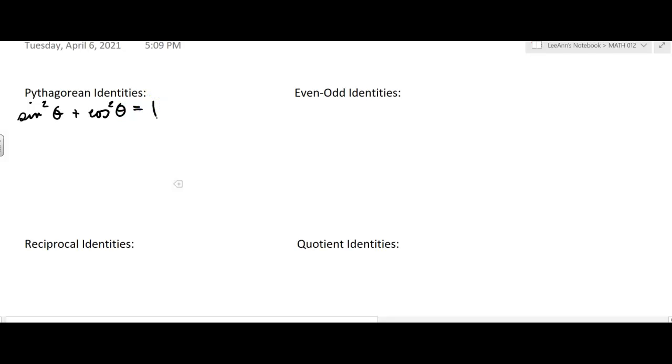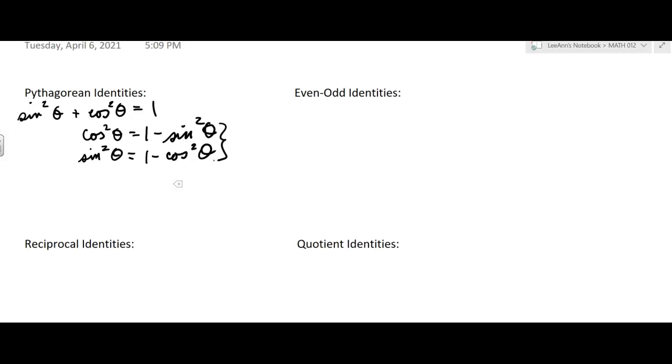We can also rewrite that as cosine squared theta equals 1 minus sine squared theta, right? If you were to subtract the sine squared from both sides, or you could write sine squared theta equals 1 minus cosine squared theta. Now, these alternate forms here, we use those sometimes, so it's a good idea to be able to recognize those. We also have the